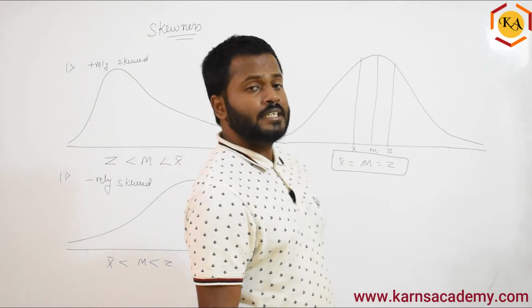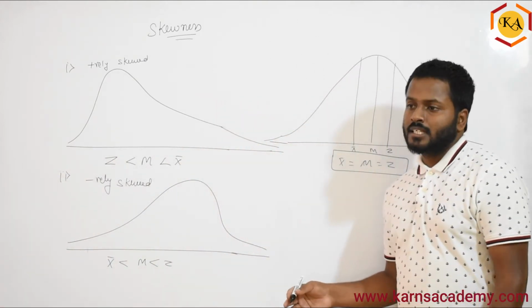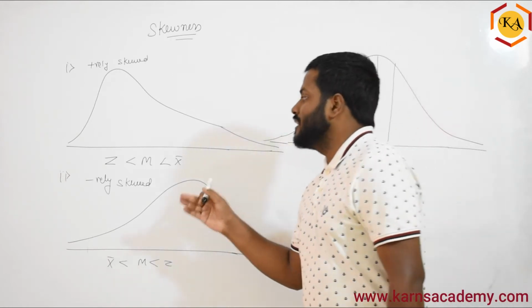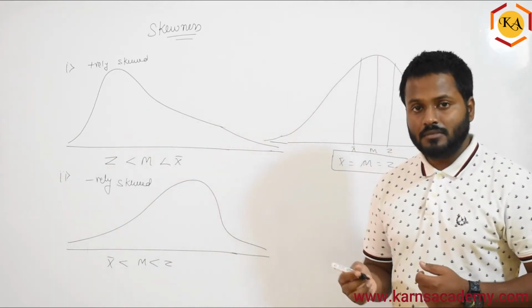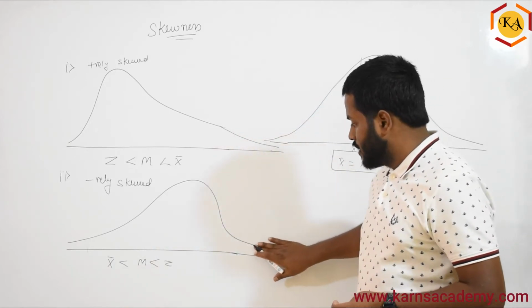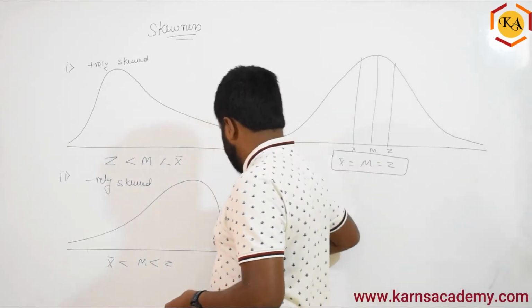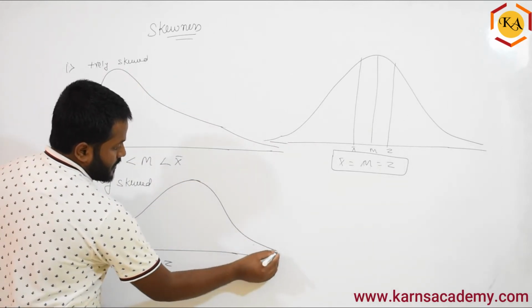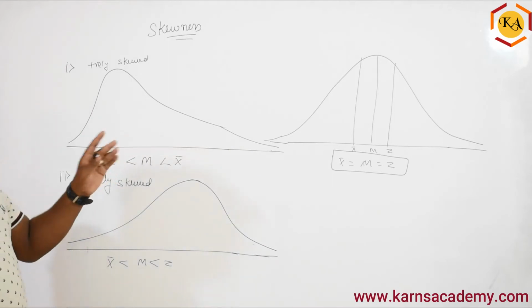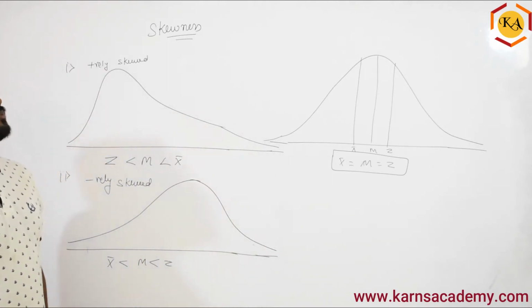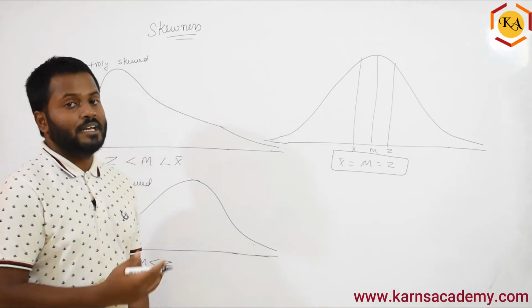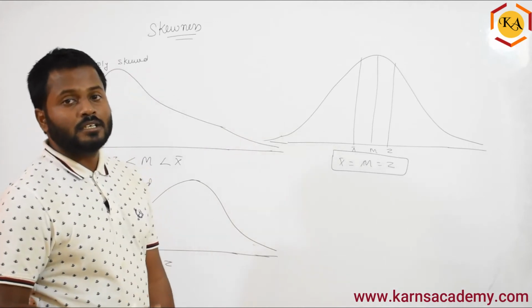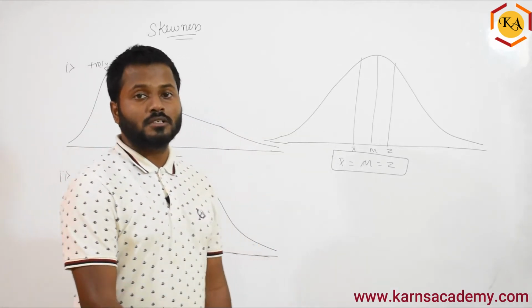So depending on the data, whenever any data is given, if you find the mean, median, and mode, whichever condition it satisfies, we can easily tell whether the data is positively skewed, negatively skewed, or symmetrical data. These are the three different types of skewness we have, which help us tell which type of data we have. But how do we measure this? There are methods that will help you measure whether it is positively skewed or negatively skewed.